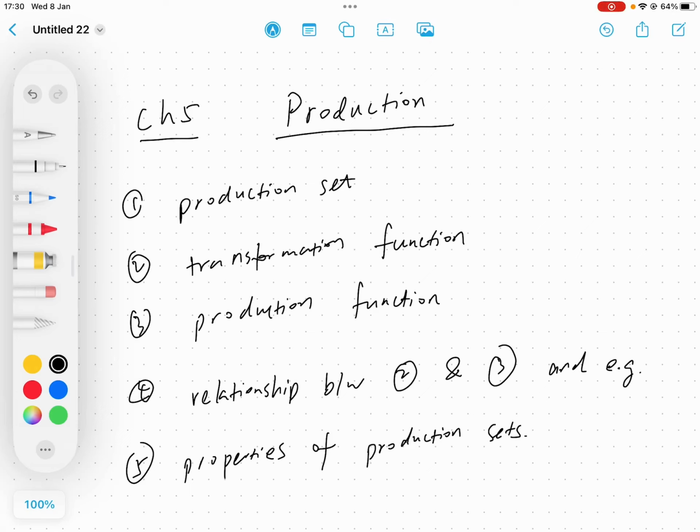Hello. So today we're going to talk about the production theory. Okay, so this is chapter 5 in the textbook. Okay, so the production theory is very symmetric to the consumer theory. It's just another aspect of economics, right? So we're talking about the firms or the producers of the consumption goods. Okay,